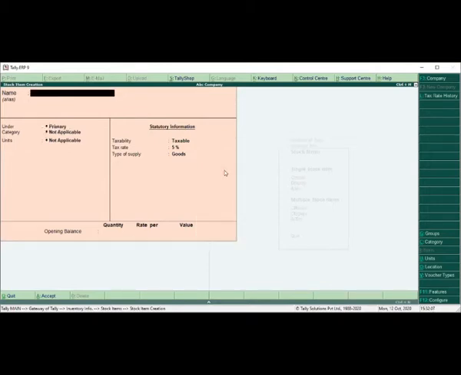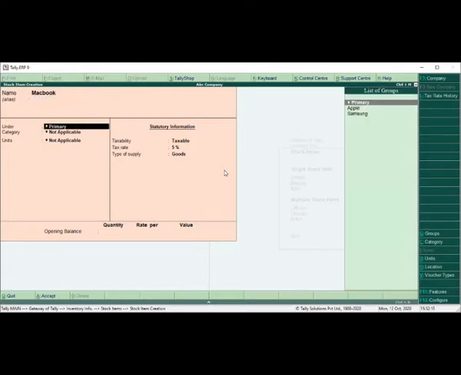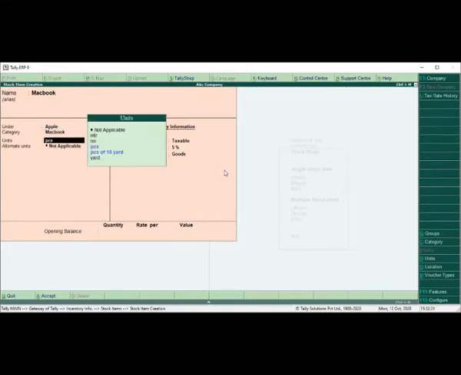So this is one way. Another one, MacBook. MacBook is Apple brand, but this is under the MacBook category. Pieces, accepted.